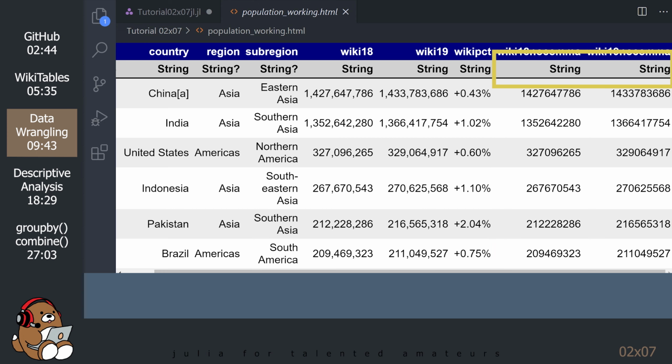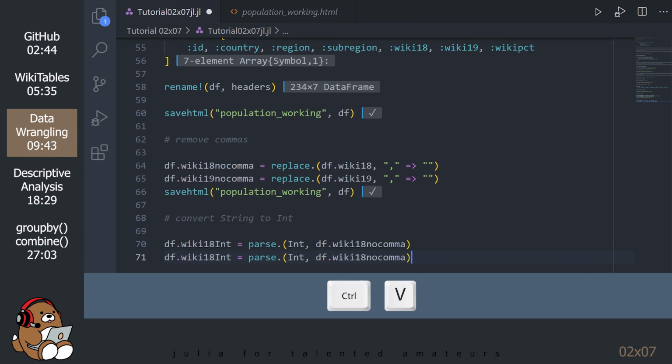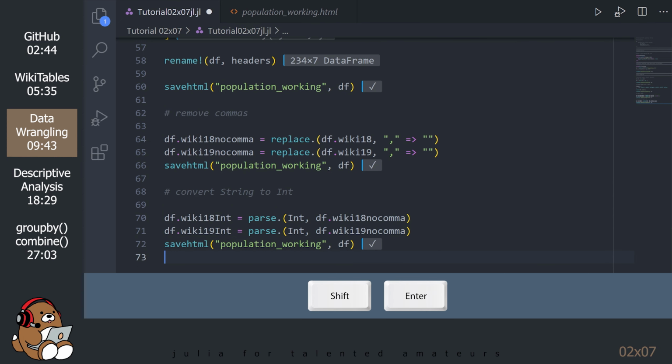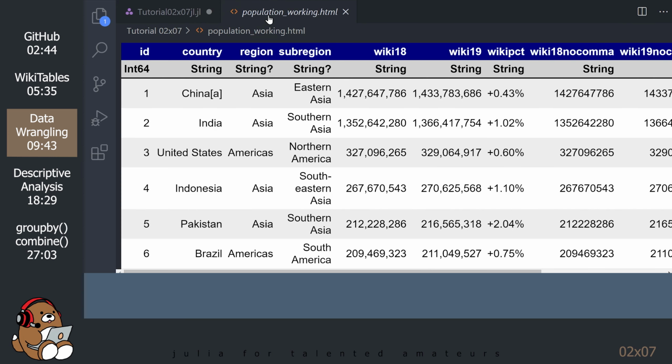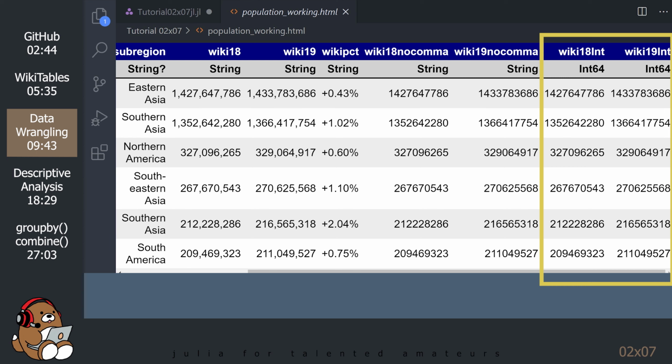However, the data in those columns are still strings, so now we need to convert the strings into integers. The parse function is from base Julia, and it works the same way in a data frame. Click on the Population Working HTML tab and notice that there are two new columns containing the population data listed as int64. This is what we need.